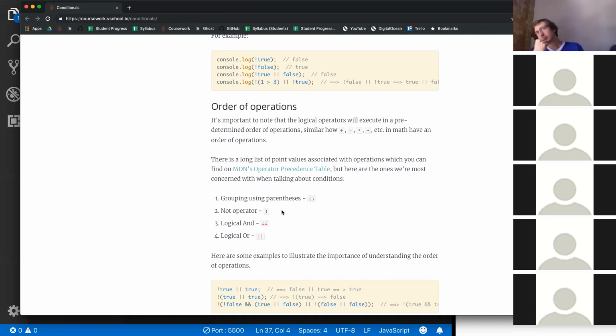We didn't really talk about the not operator, but it just flips something. So if I say exclamation point true, that flips it to false. Say exclamation point false, it flips it to true. What do you think happens if I say